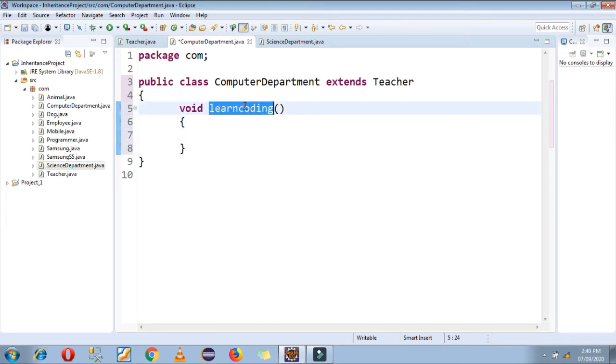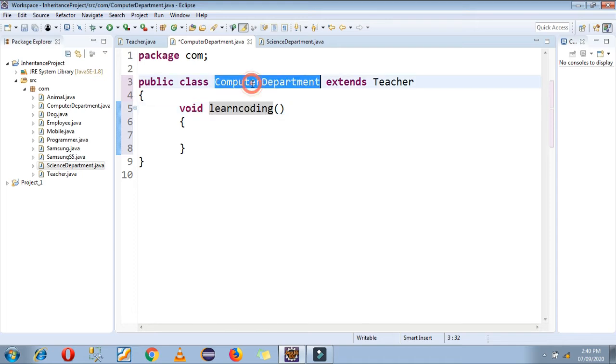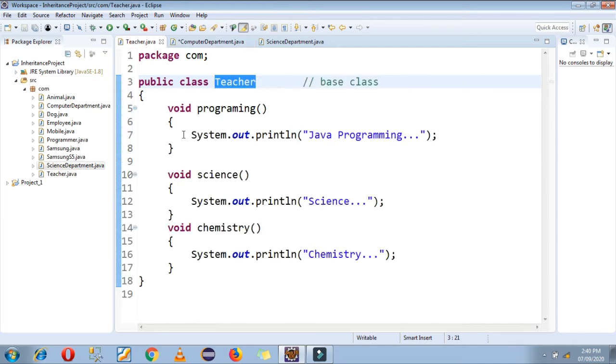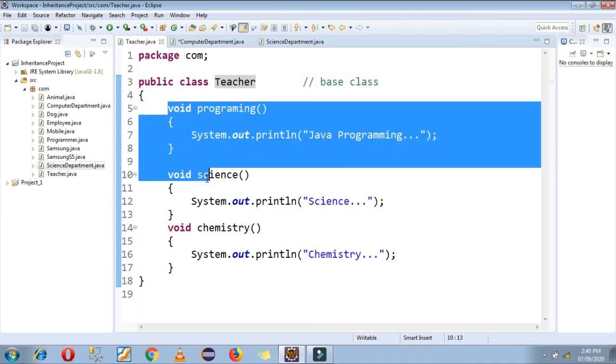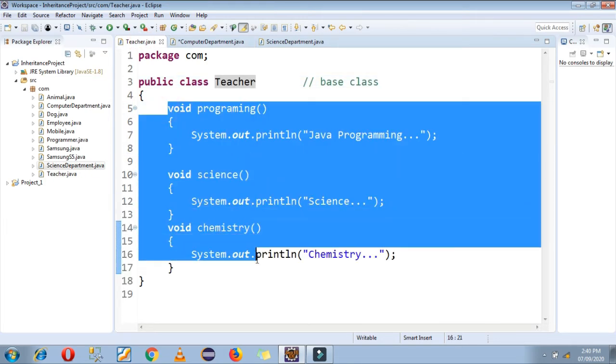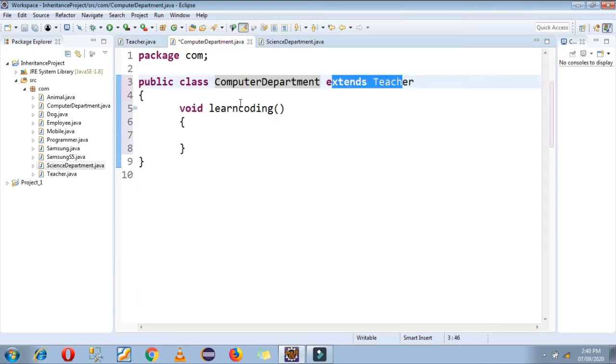Learn coding is the property of a computer department, and since you are extending the teacher class, the teacher's properties, programming, science and chemistry, these three functions you can also access in this computer department class, because you inherited the teacher class in your derived class. So in total there are four functions, four properties, available in this computer department class.